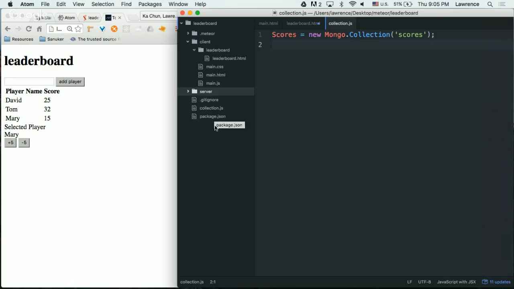So be sure that your collection.js is out of the client folder or server folder. Okay, if everyone can insert it.